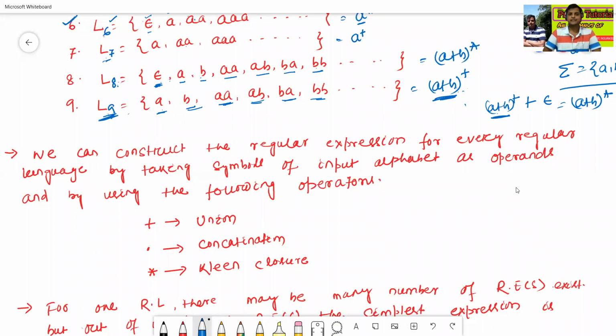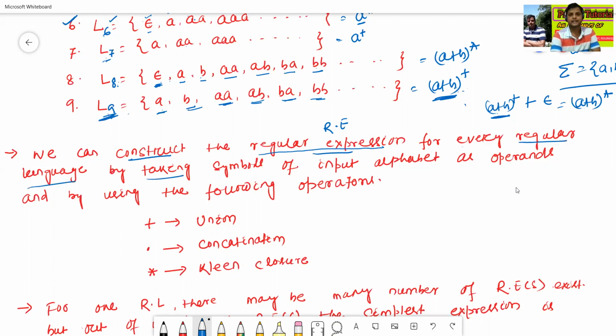Okay, in the next point we can construct the regular expression. Regular expression means RE. In short form, it is called RE. We can construct the regular expression for every regular language,